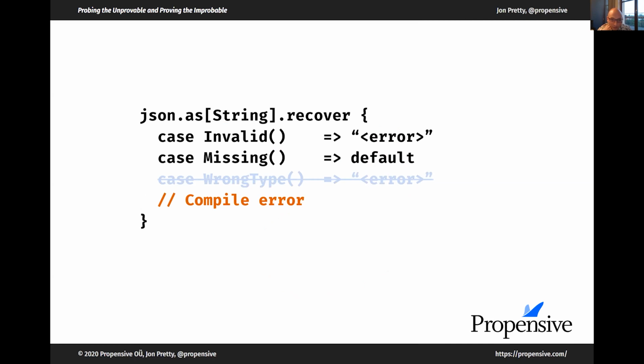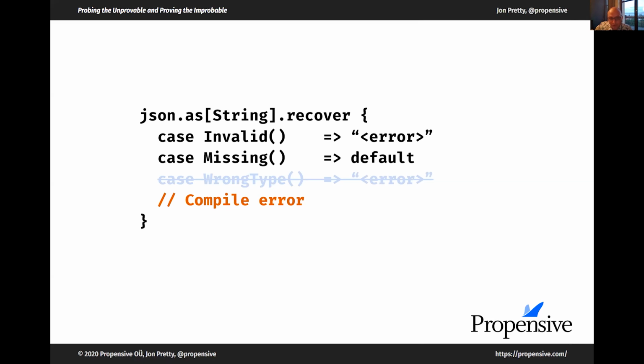But if we were to remove wrong type, and if we have exhaustivity checking, well, we do have exhaustivity checking. If we have fatal warnings, then this becomes a compile error. And this is what we want because we've forgotten to handle one of the cases. It's a perfectly valid possibility that the JSON represents an integer.